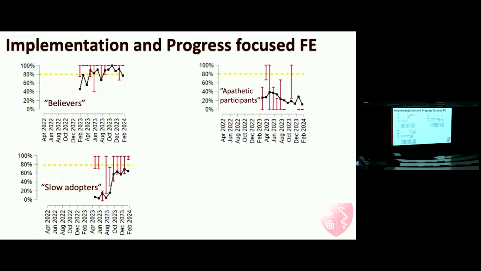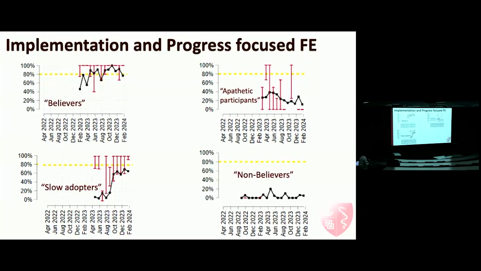This is still being analyzed, where some specialties just had a steady stream of screening rates, and they were not interested in improving it further. They were happy to participate, but not necessarily interested in making changes to their own clinical workflow to make that happen. But when they identified frail patients, they did send some patients too. And this was rare, but there were some non-believers out of the 21 clusters where they were not interested in screening. When they were forced to screen, they did, but they never sent anybody to the PAWS board.